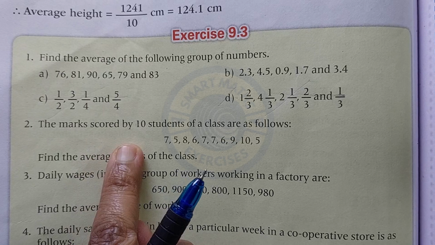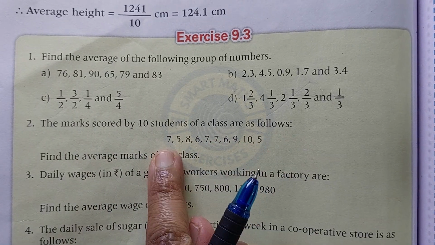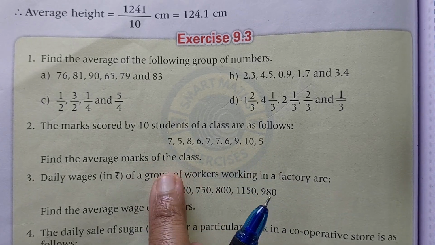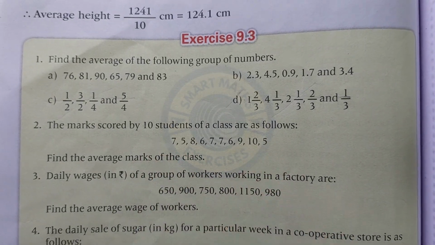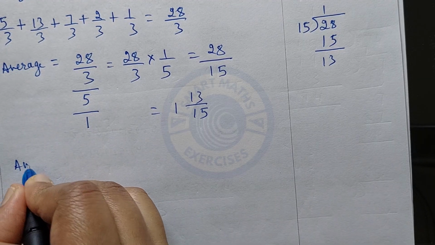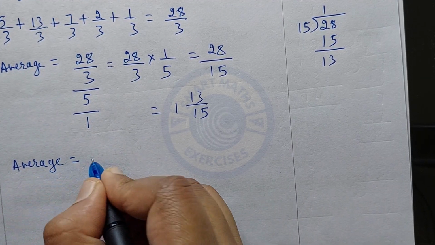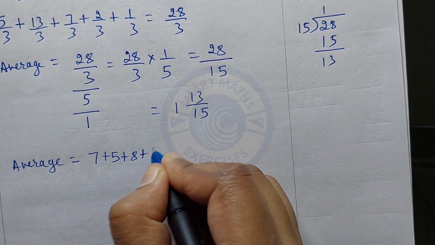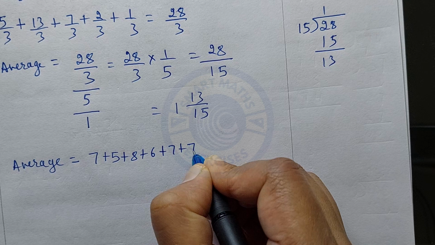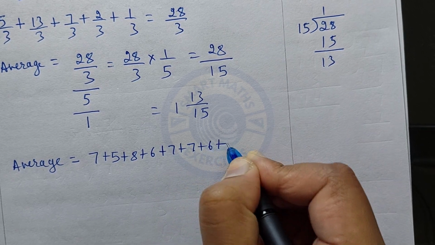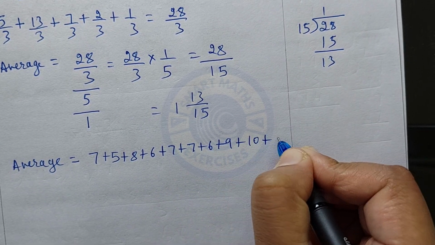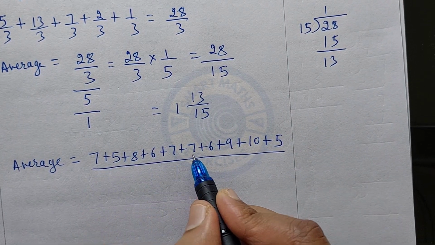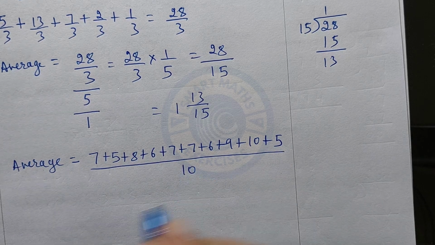Next question. The marks scored by 10 students of a class are as follows: 7, 5, 8, 6, 7, 7, 6, 9, 10, 5. To find the average of this, add all this and divide by total quantity. That is, average equals 7 plus 5 plus 8 plus 6 plus 7 plus 7 plus 6 plus 9 plus 10 plus 5 divided by 1, 2, 3, 4, 5, 6, 7, 8, 9, 10, divided by 10 equals